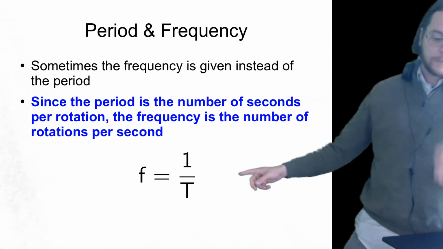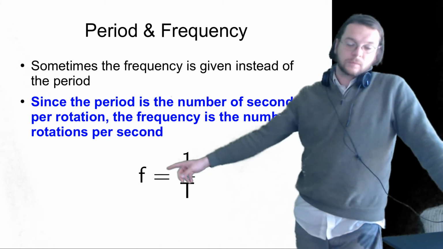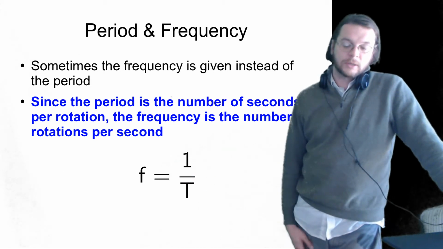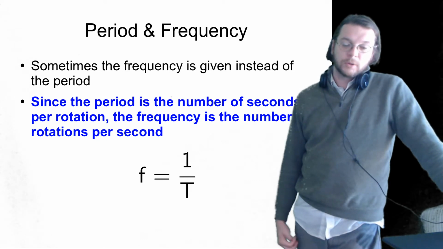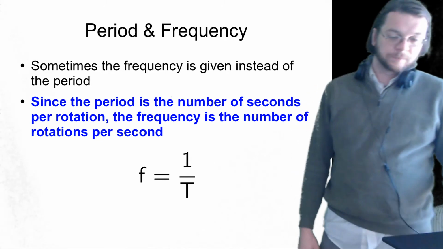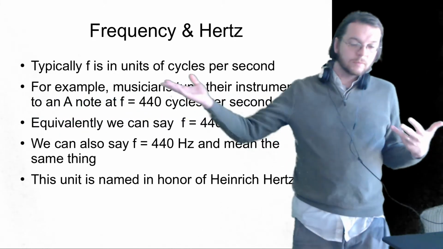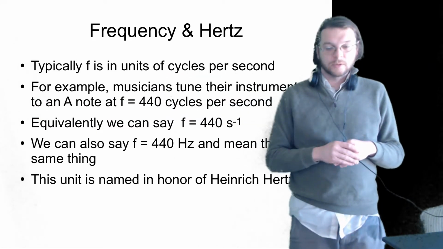If the period is the number of seconds it takes to make one cycle, the frequency is the number of cycles per second, because 1 over the number of seconds per cycle is the number of cycles per second. So typically the frequency is in terms of